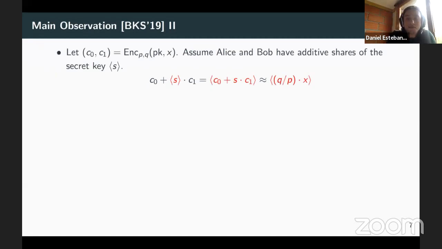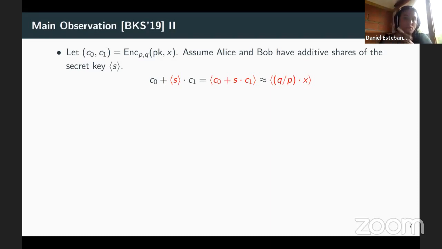Okay, that was the first observation. What is the second observation? Well, it all stems from the fact that decryption is linear. So if you have an encryption, C0 and C1, of some value X, and suppose that Alice and Bob have additive shares of the secret key, then we can technically run the decryption circuit